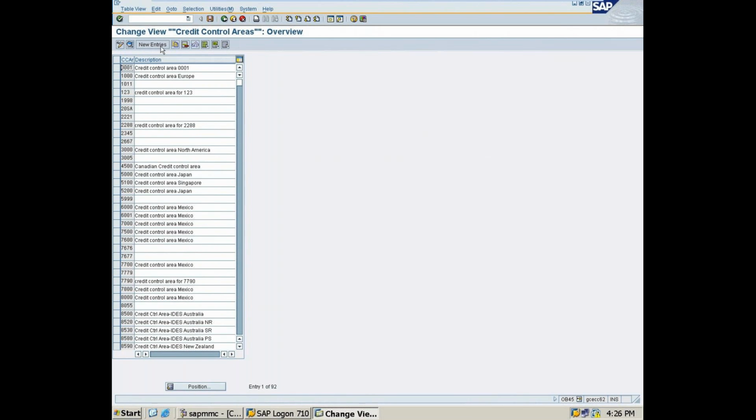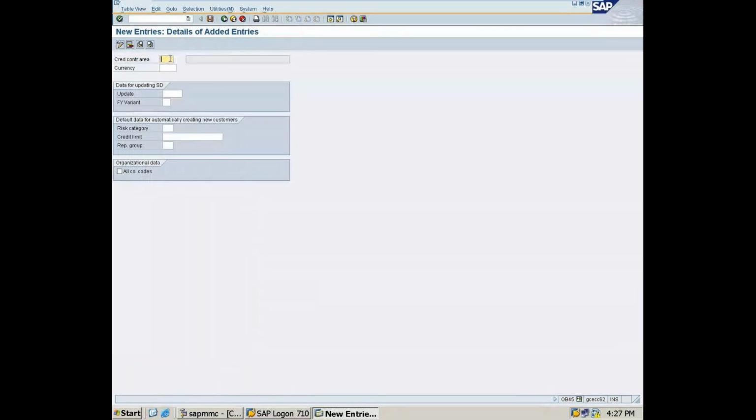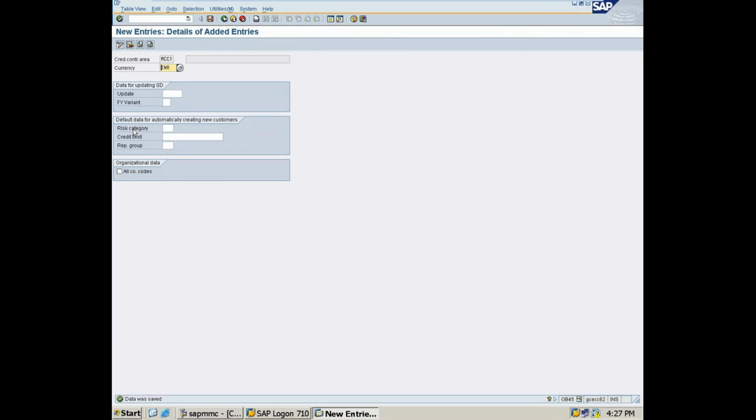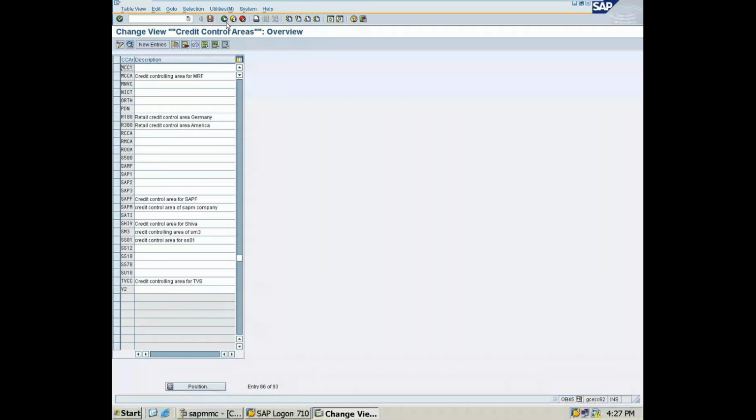Here you need to select new entries, credit control area MCC1, and currency. That's it. After giving currency, save. Saved. Now come back.